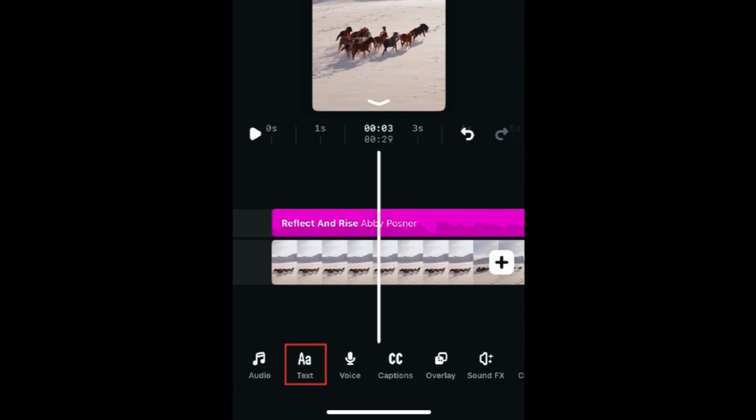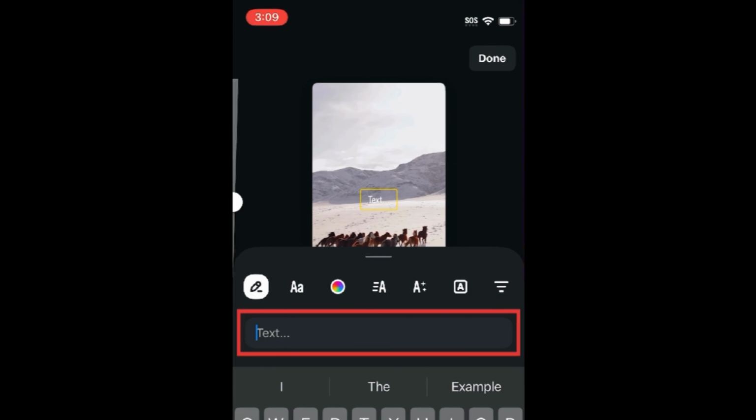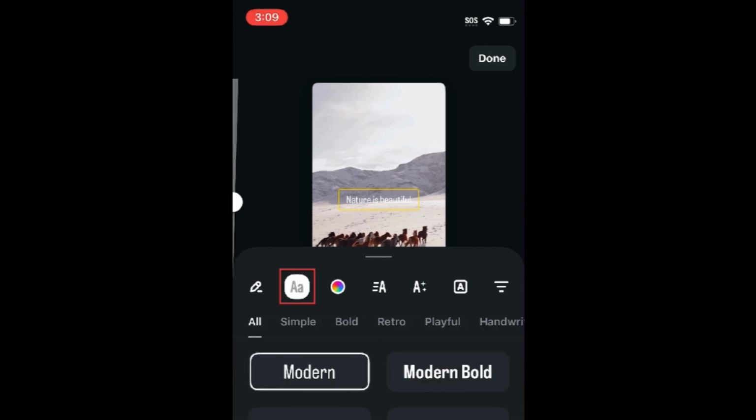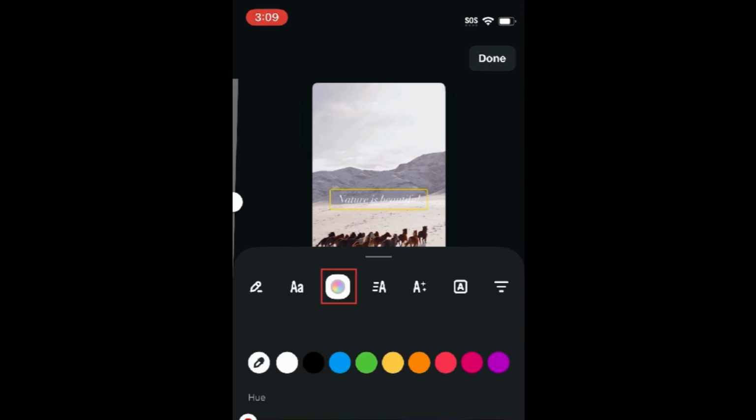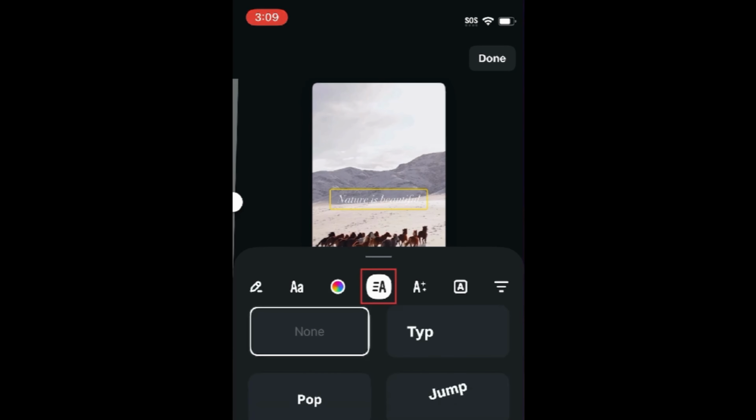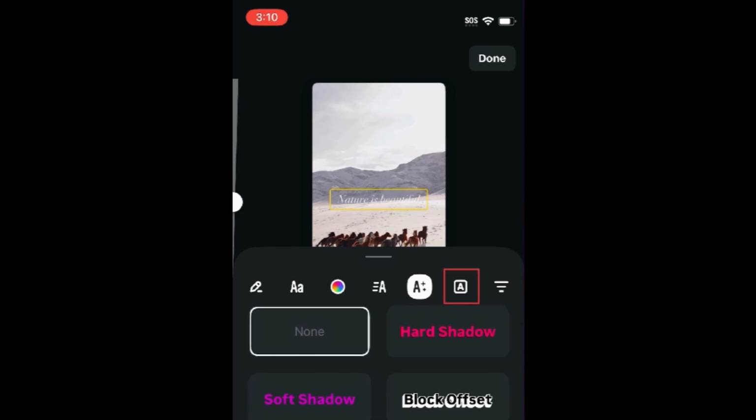You can add a text overlay by tapping Text. Type in what you want your text to say, then edit the style of it just like you would on Instagram. You can change the font and color, add animations or text effects, and change the outline or background style,